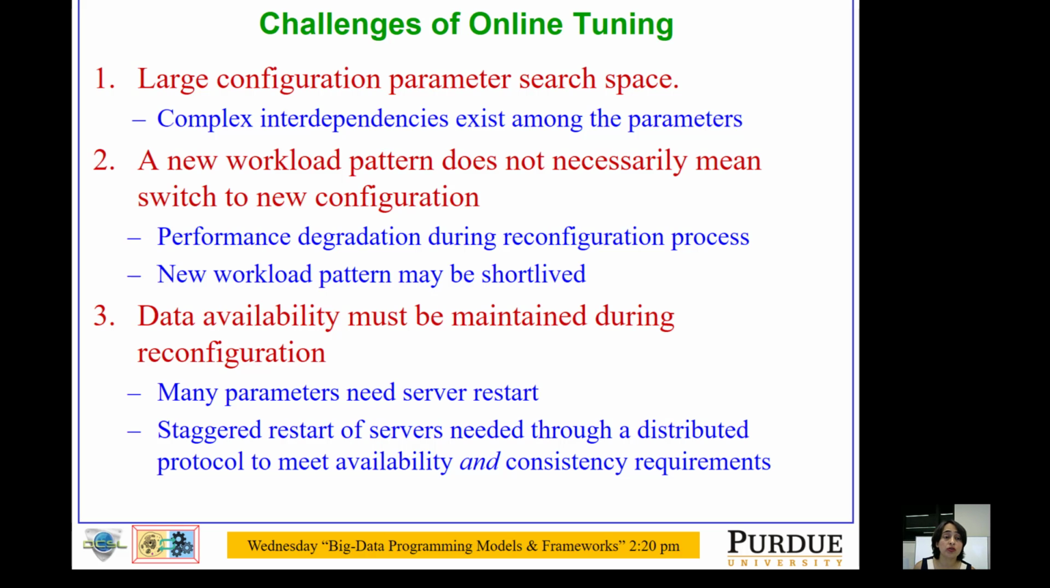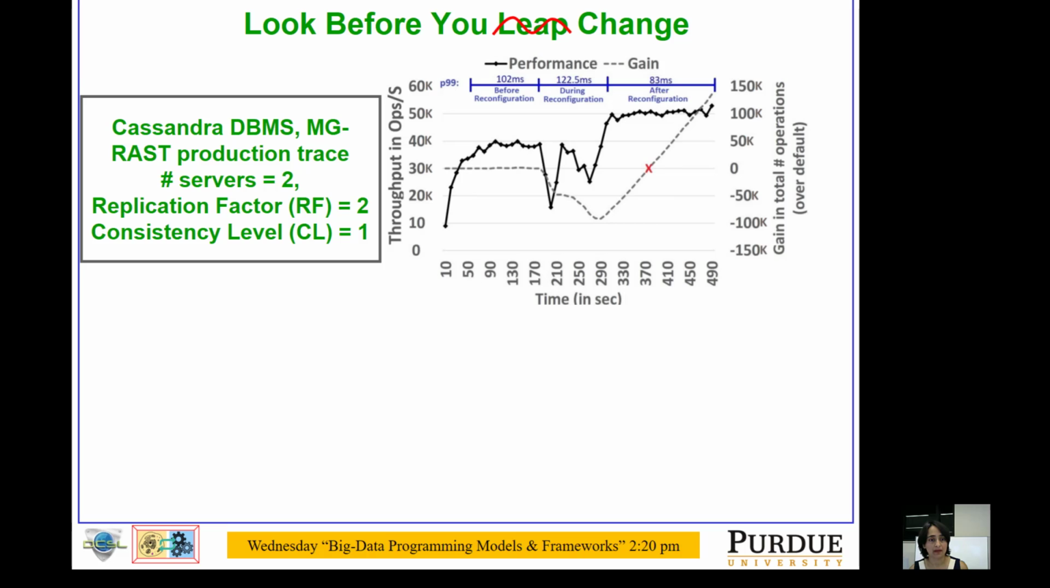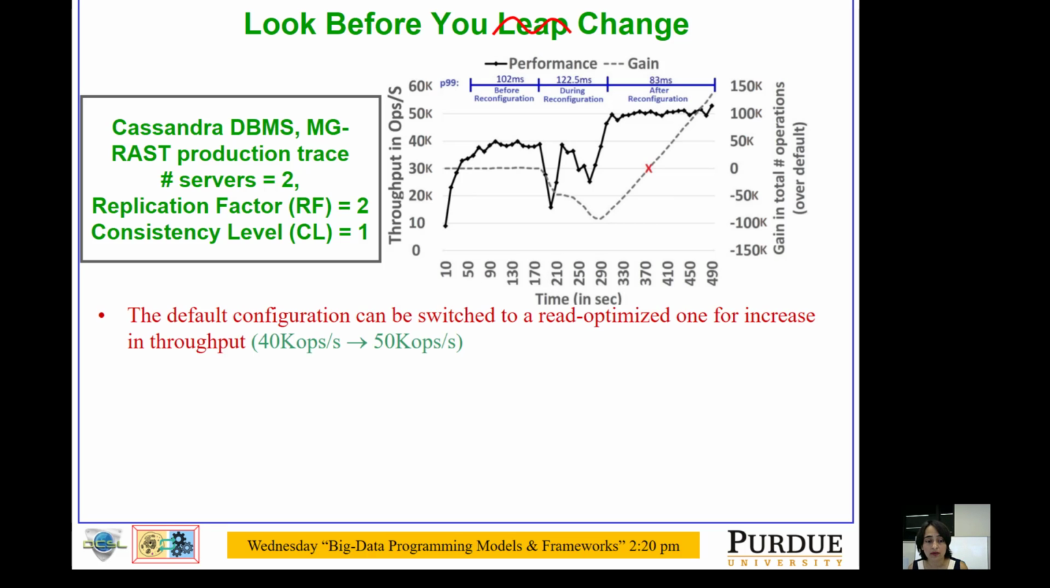The other thing we want to do is see when to instantiate this reconfiguration. For example, if you have a short-lived workload pattern, then reconfiguration may not be necessary. So we have a cost-benefit analyzer embedded in our optimization technique that tells us when to do the reconfiguration while maintaining the data availability. So here you see that you have to look before you change the configuration, and we